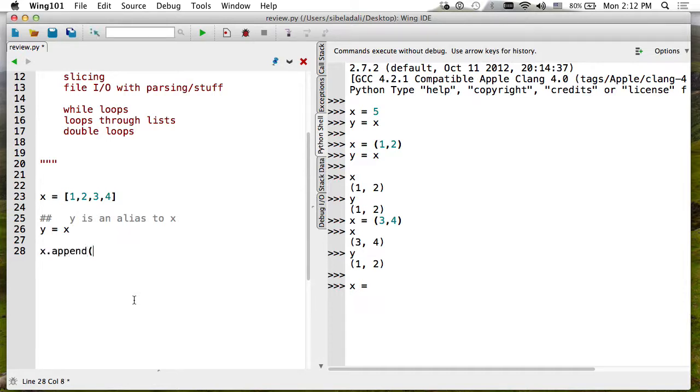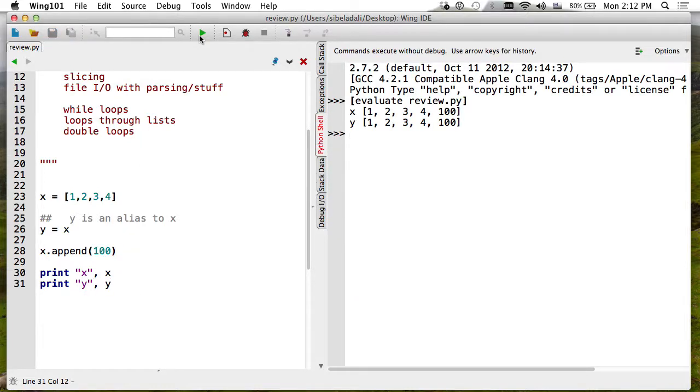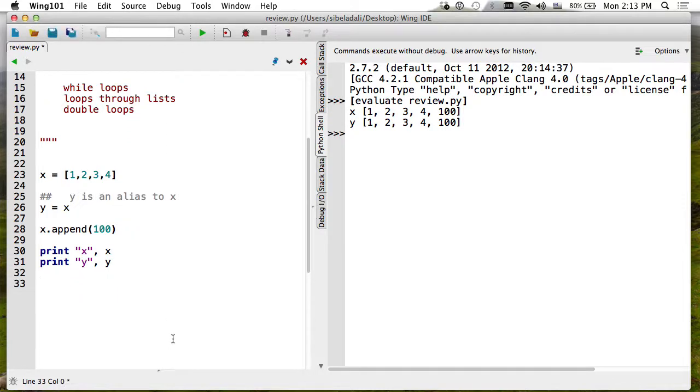So if you wanted to check this, you can append something to x, and then you can print x, and you can print y, and they should really be the same. Even though I have not actually changed y explicitly, x and y are the same thing. So we have seen that there are lots of functions that also take a list and change the list. In that case, I don't create a new list, I just access a list and then change the contents. But if you wanted to actually create a copy of everything in the list and assign it to a new list, you would use one of these things called